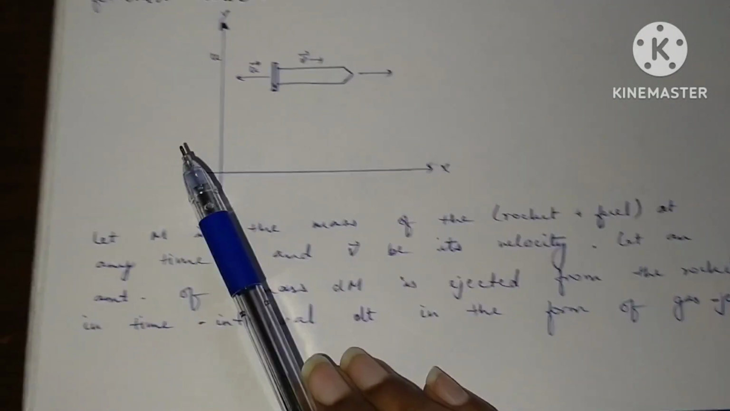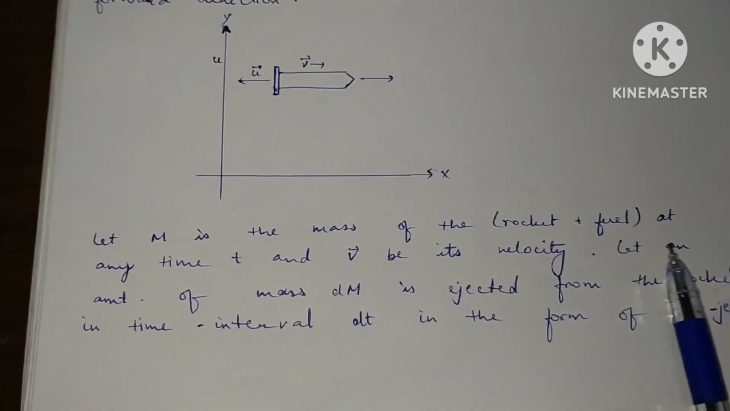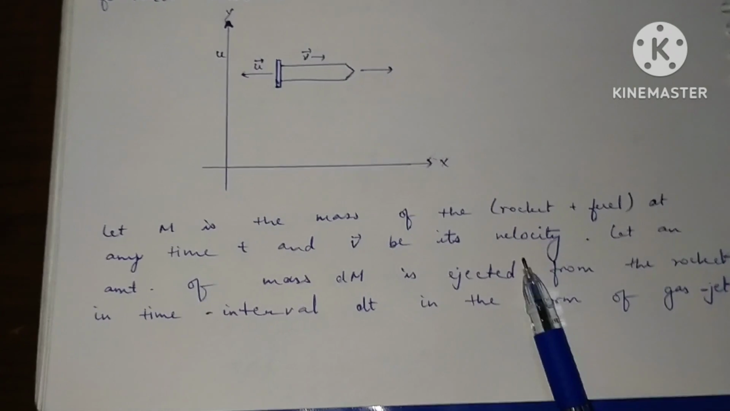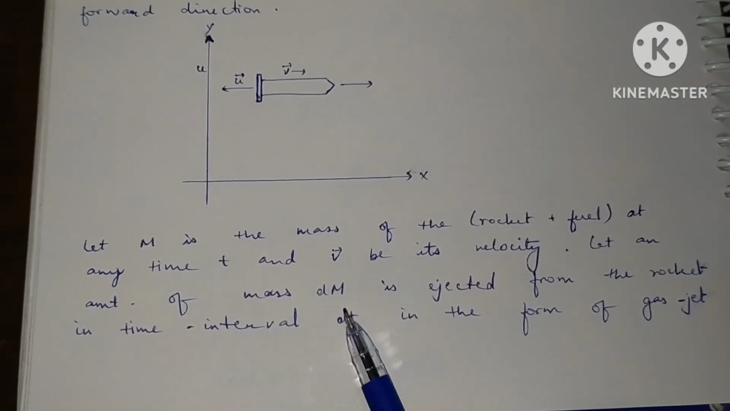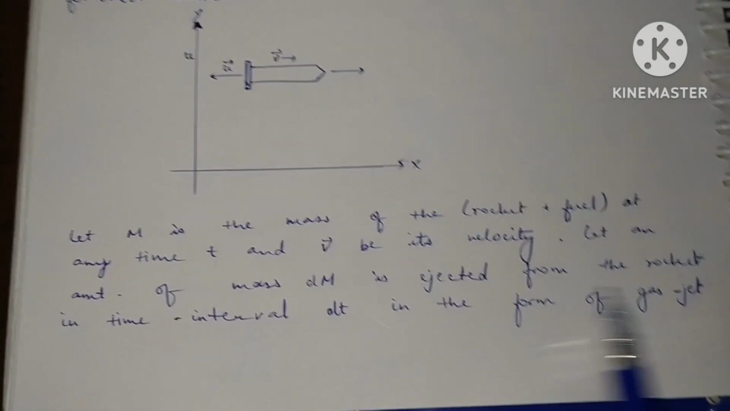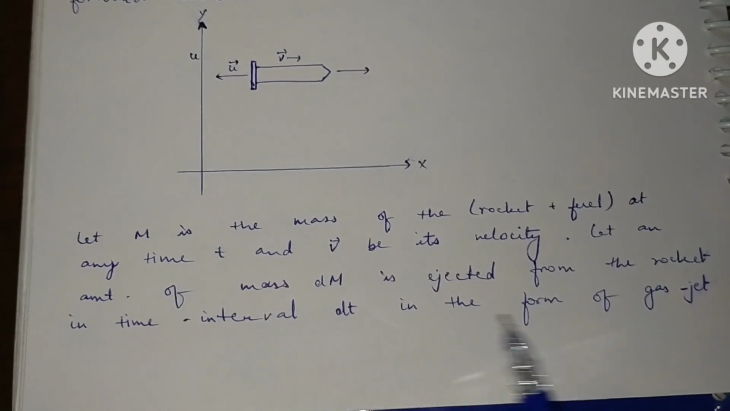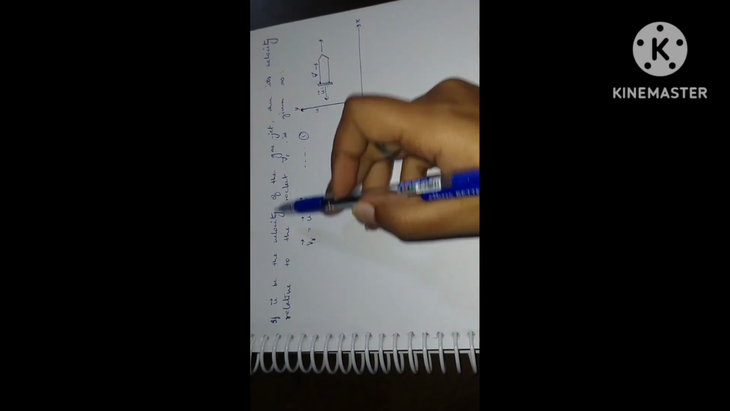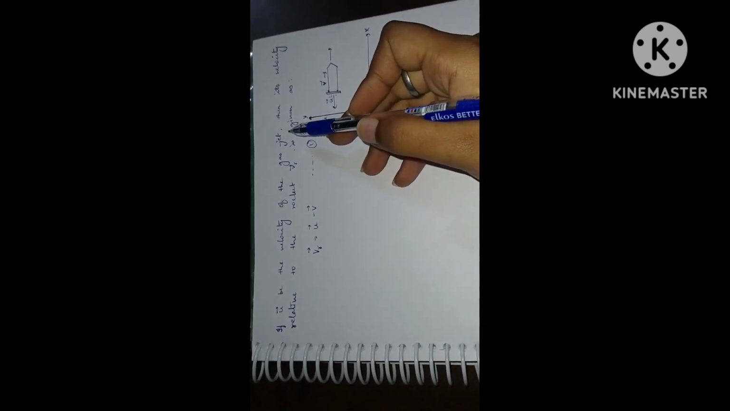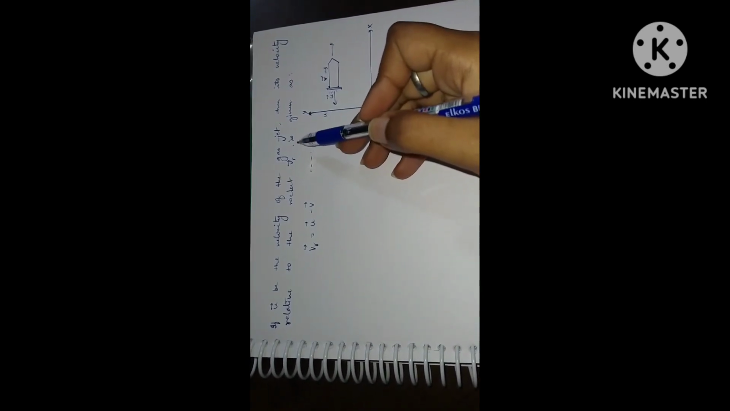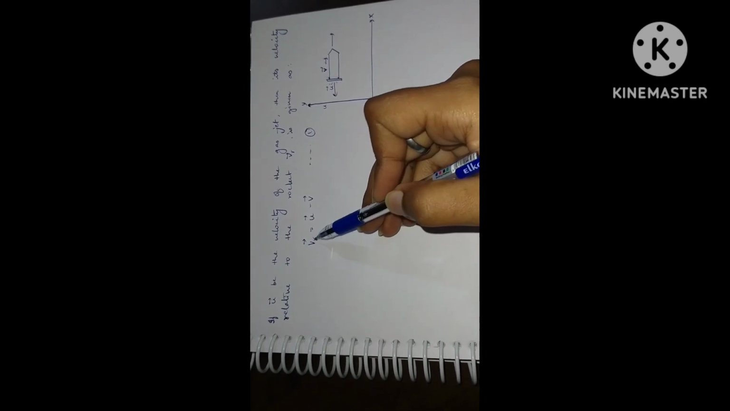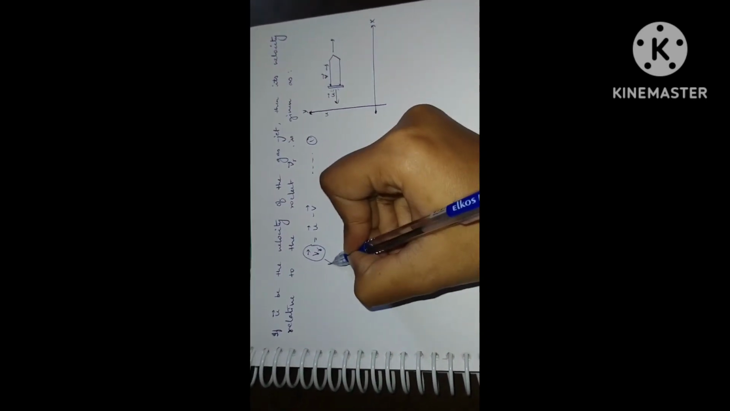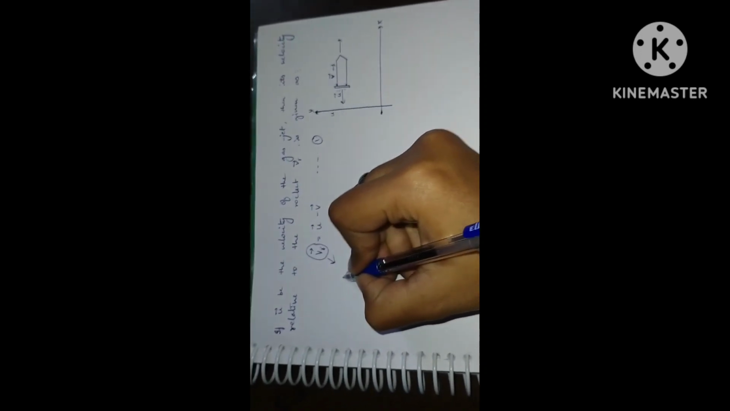Now, let m be the mass of the rocket plus fuel at any time t and v be its velocity. Let an amount of mass dm be ejected from the rocket in time interval dt in the form of a gas jet. Now, if u be the velocity of the gas jet, then its velocity relative to the rocket, Vr, is given as Vr equals u minus v. Here, Vr is the exhaust velocity,